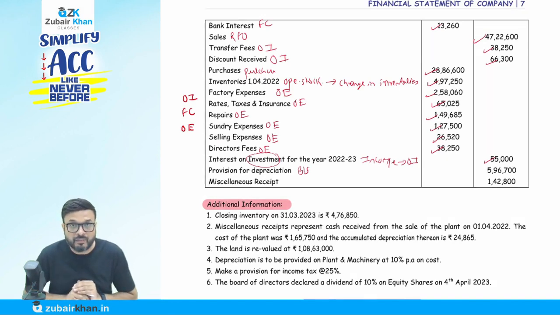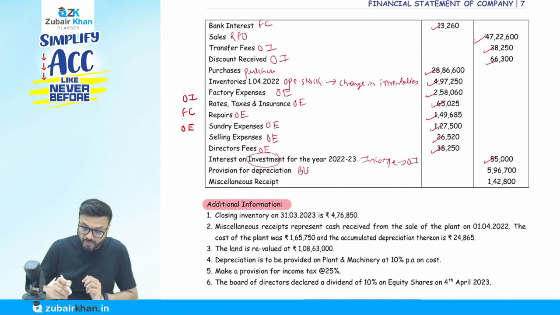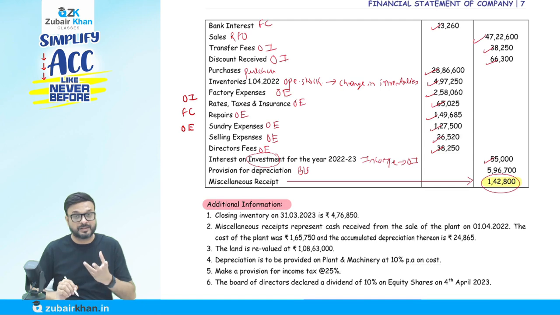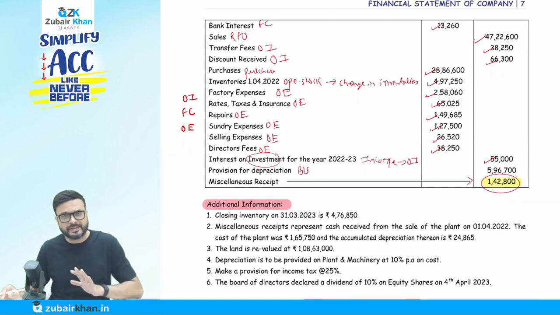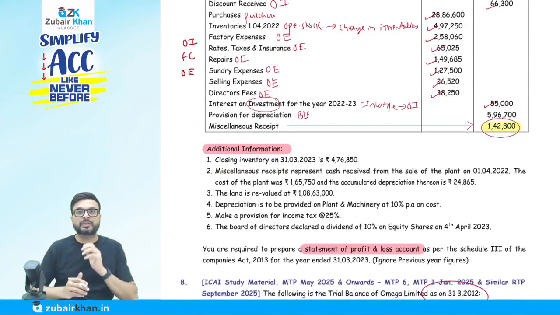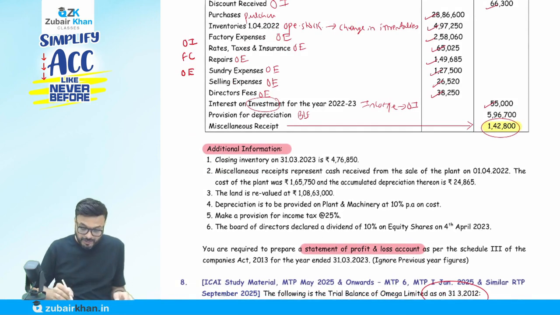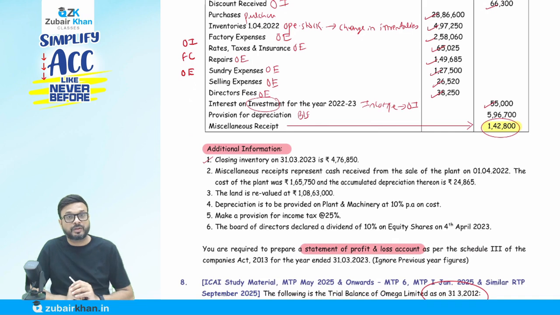Okay. Then we have here miscellaneous receipt. Do you remember that in our previous question, sometimes they give you a miscellaneous receipt and sometimes they give a suspense account. Okay, but the adjustment is the same. So we'll discuss this 142,800. Now the closing stock that they have given in adjustment here. The closing inventory on 31st March 2023 is rupees